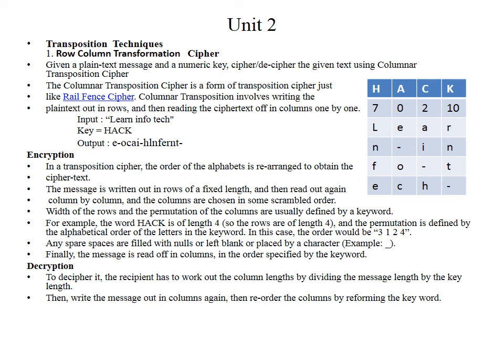To convert from plain text to ciphertext, we are arranging all the letters row wise, but to convert cipher to plain text, arrange all the letters column wise and combine rows. Vice versa, you have to do. To convert plain to cipher, arrange all the letters row wise and combine the column letters in ascending order. To convert cipher to plain, arrange all the letters column wise and combine rows in ascending order. So this is how all